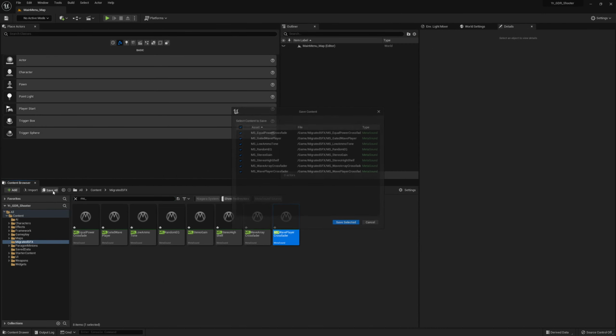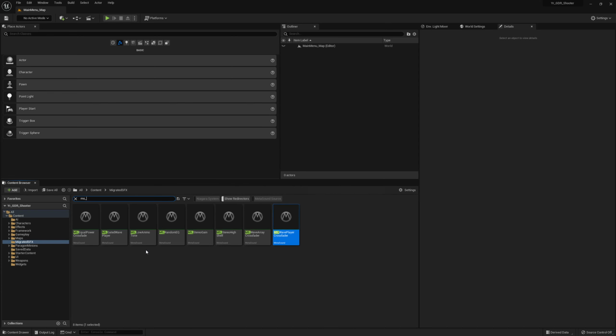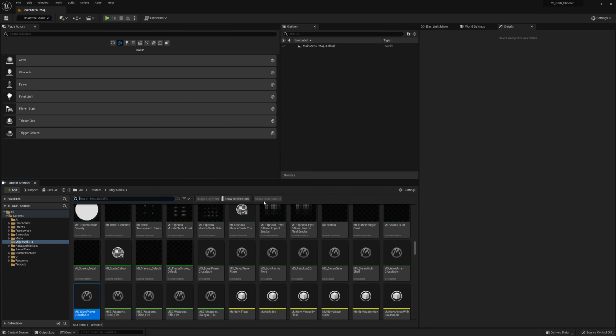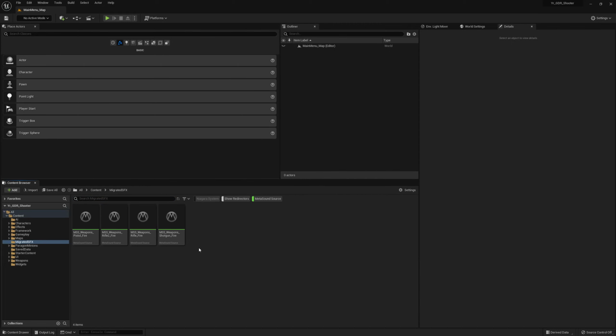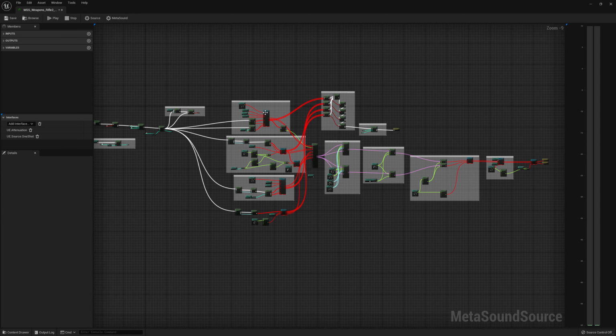So let's make sure that we save everything first. And let's go back to our fire sound, and let's hit play. And there we go. So that's working. So now we can simply go into the other MetaSounds, and in here you need to do